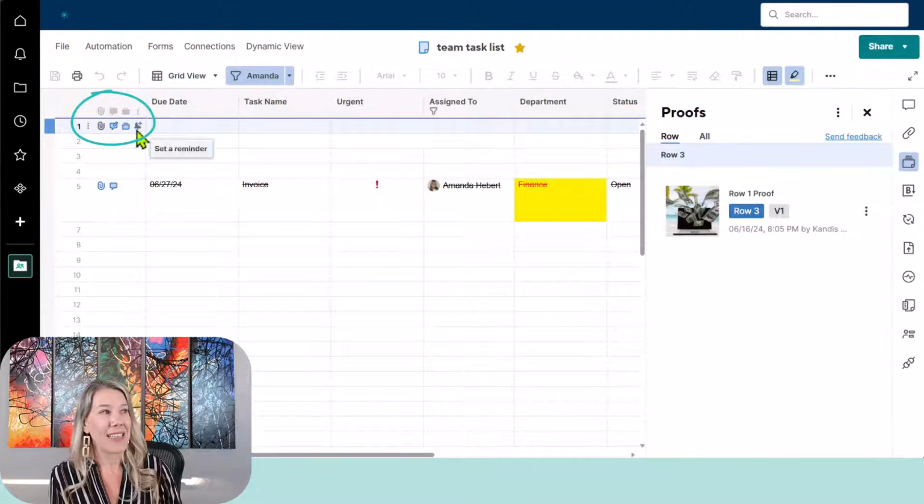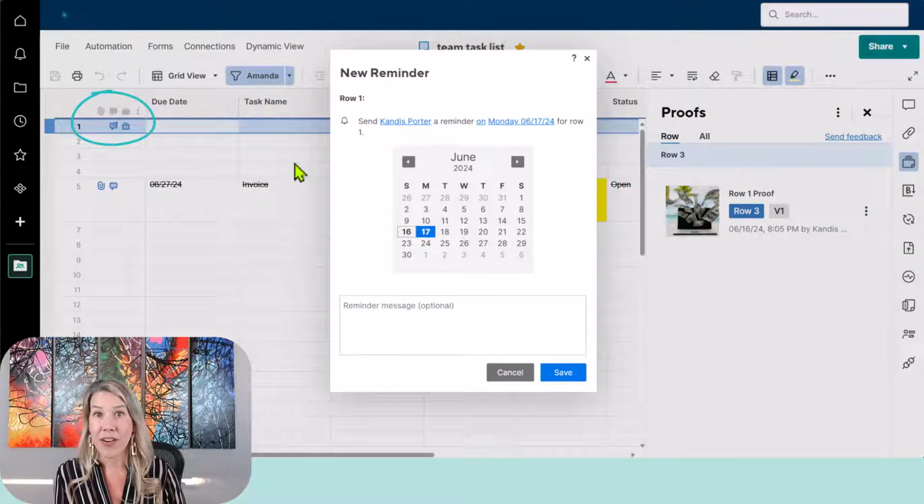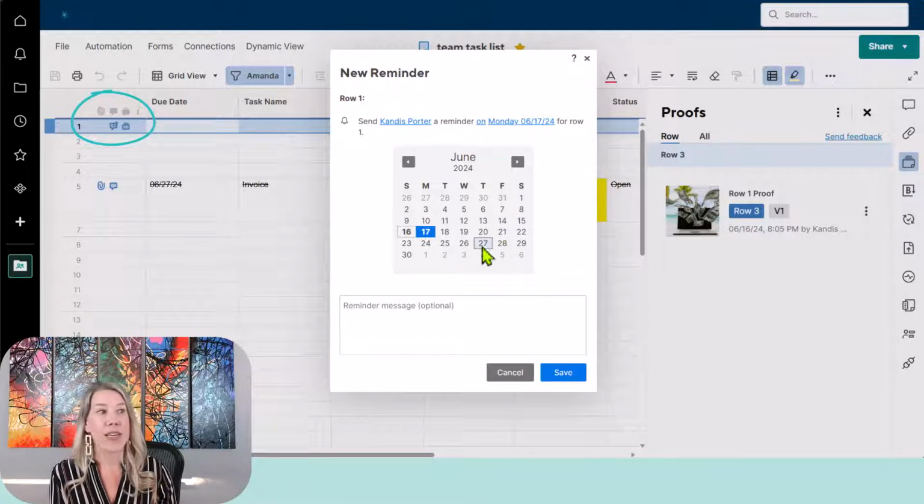Last but not least, you'll see this little bell, and you could set a reminder. So if I want to set a reminder for Amanda that invoicing is going to be due on a specific date, I can come out here and select who the reminder needs to go to. So I can change my name to Amanda's name and then select the date I want a reminder to go out. And then I can actually type in a message